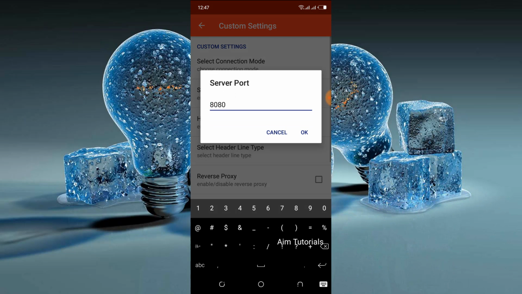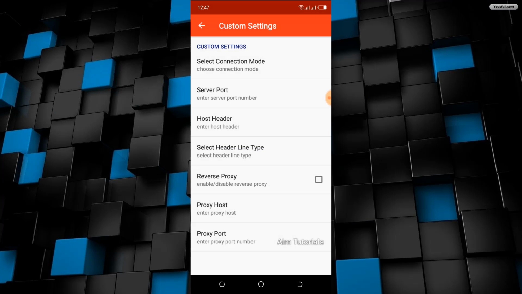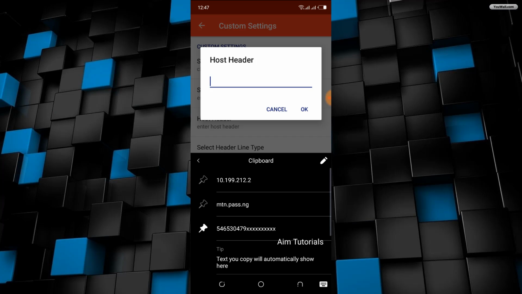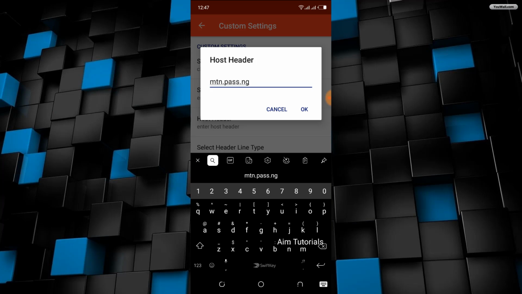Coming to server port, 8080. And for the host header, put MTN pass.ng, that's Nigeria. Okay,